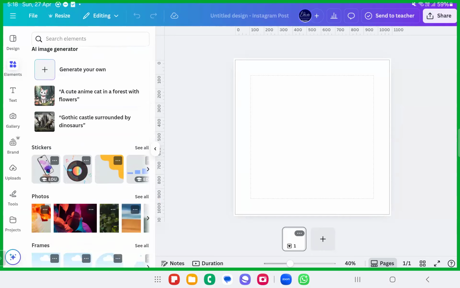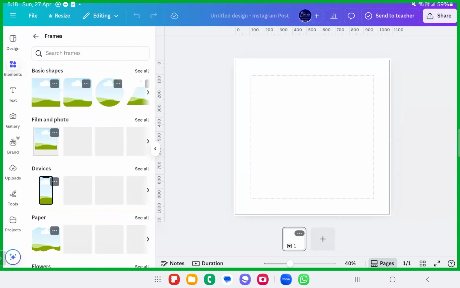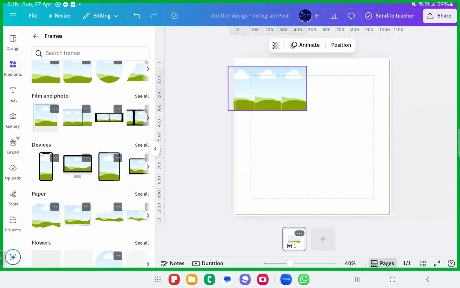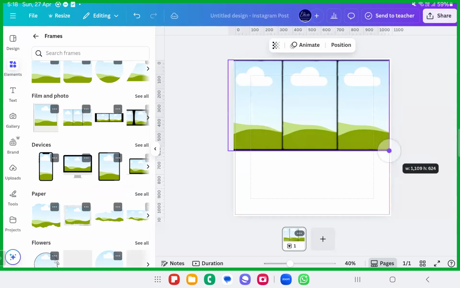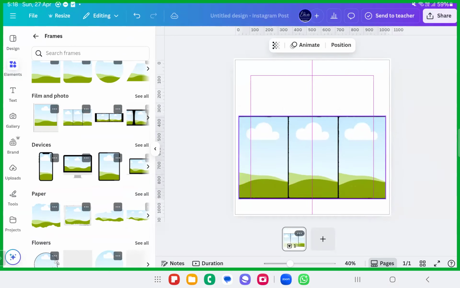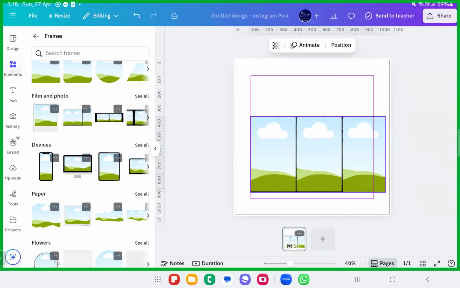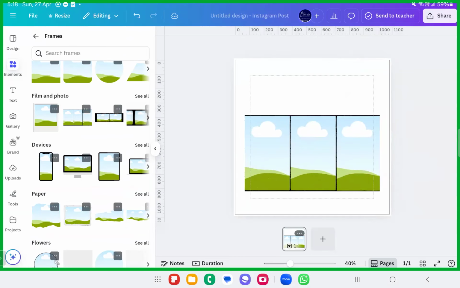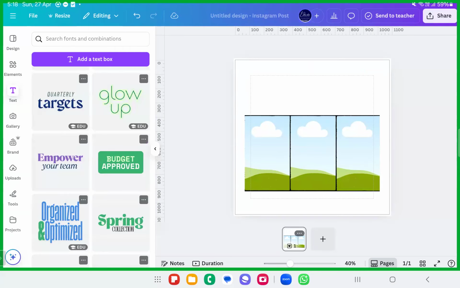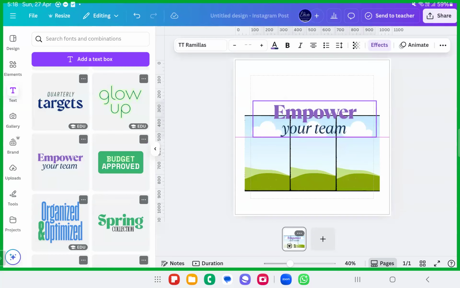Over here you have it. Frames. See all the frames. You have so many different frames here. Okay, these photo frames if you want. You can place it something like this. Three photos in one frame. Something over here like this. Three photos in one frame. Okay, if you want to write something over there, childhood memories, let me just put it like this. Childhood memories. Something like this. So these are called collages.